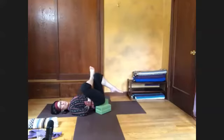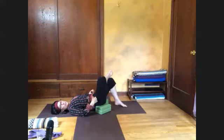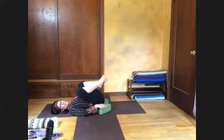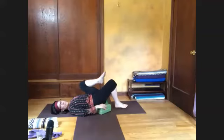Let's now take the left foot slowly back to the floor. Press your right knee open. And then bring your right knee to your chest. Float your left knee to your chest and let the knees fall towards the torso. And then take the right toes to the floor, right heel too, and cross your left ankle over your right